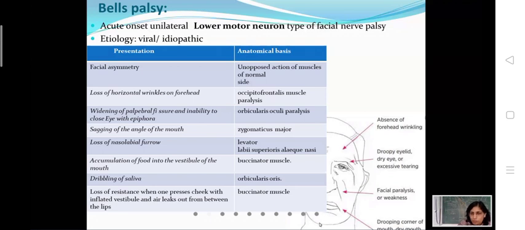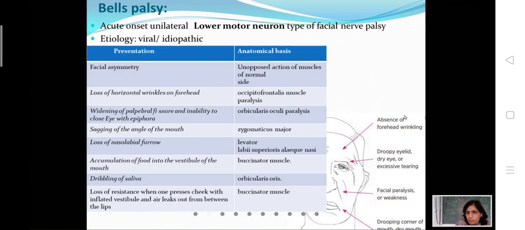Look, the right side of the face is normal, which is not shown here. And on the left side, the person in this figure has left-sided Bell's palsy. So what are the features and why are these features present? First is facial asymmetry. Why is facial asymmetry there? Because of the unopposed action of the muscles of the normal side, the paralyzed muscles of the other side are pulled towards the normal side. Therefore, facial asymmetry happens, which is due to the unopposed action of the muscles of the normal side.